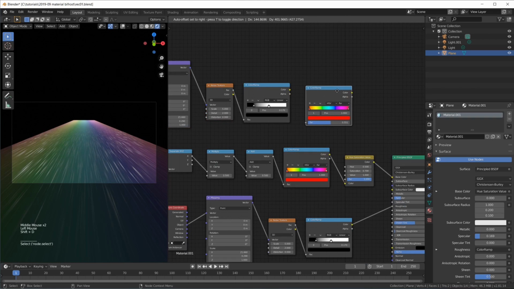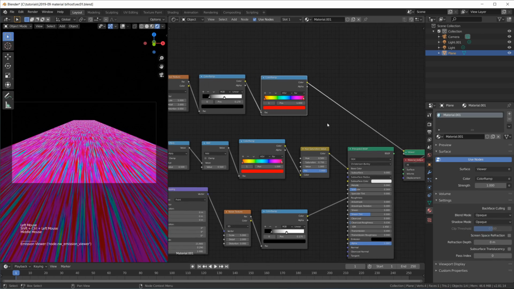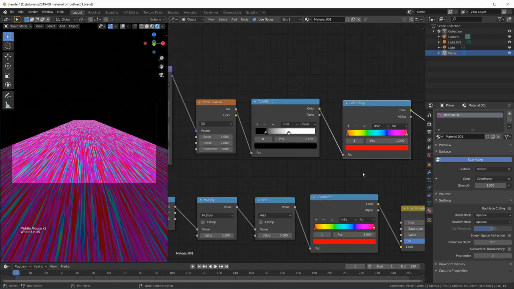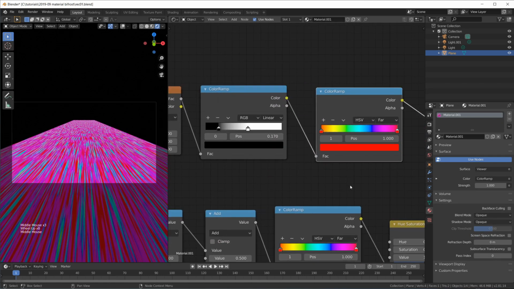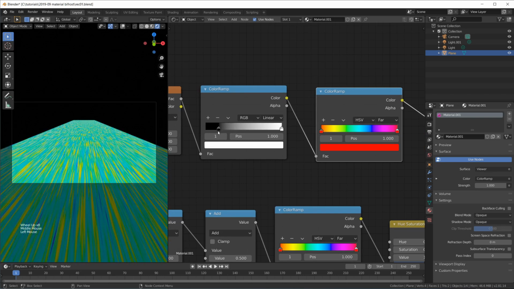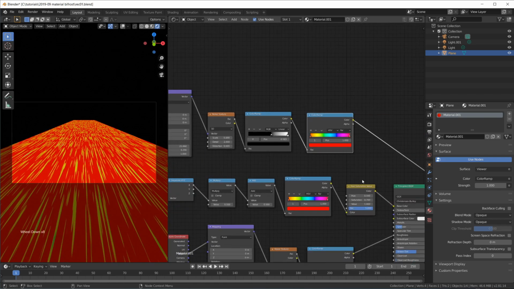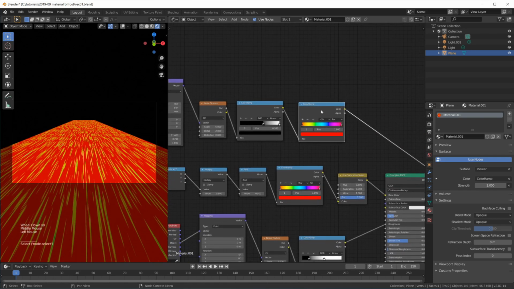take the same color ramp, plug this in here, and when we look at this with Control Shift left click with the node wrangler, we get the preview, which gives us this, but that's not what we want. We want just... no, this is not right. Anyway,